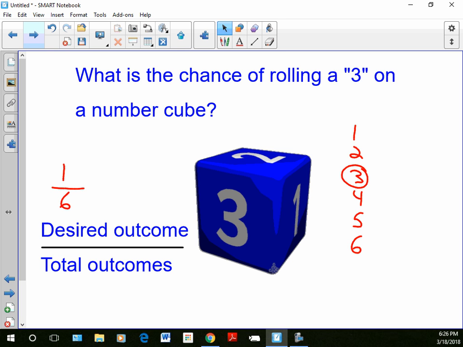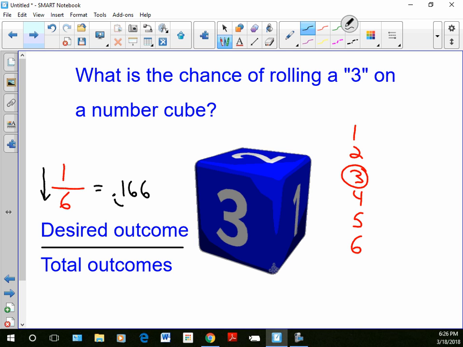Now, when you divide that on a calculator, again, you divide down the fraction. You put the 1 in the calculator first, divide it by 6. When we do that, we will end up with a long decimal. Now, for purposes here, we will only go 3 places to the thousand. So this is equal to 0.166 on a calculator. When we try to make this a percentage, we move the decimal 2 places to the right, which means it's 16.6%. Rounded, that would be 17%,